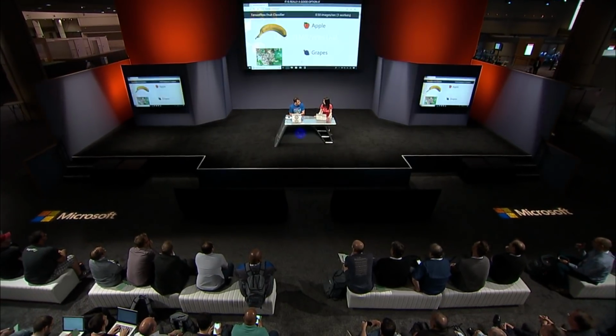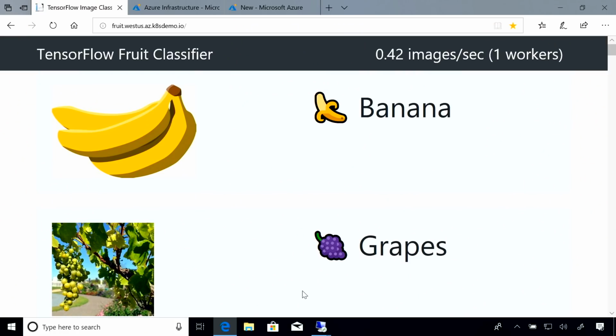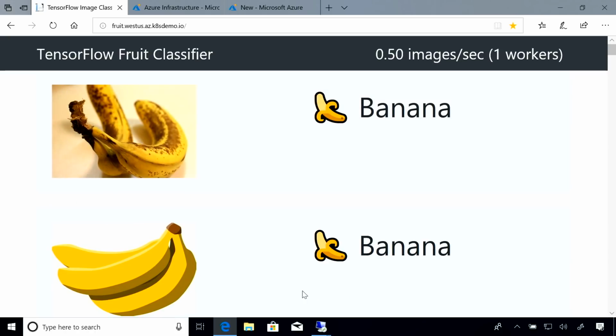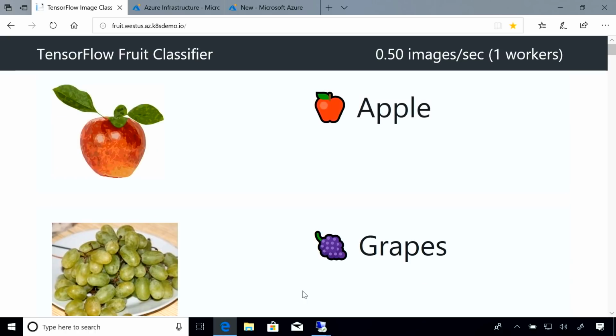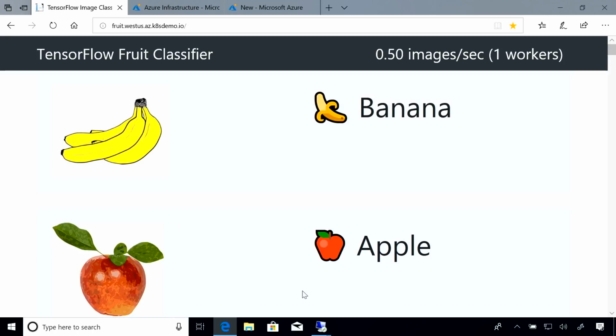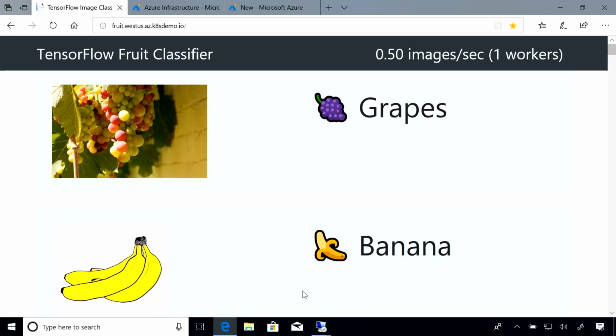So I'm going to actually show you. So here is an app. This app connects to and processes a set of images. And so we built this just to show this off. It's a TensorFlow app, right? So it's running on Linux containers. It's running in AKS. And it's using data that's stored locally to look at these images and try and guess what the thing is, right?